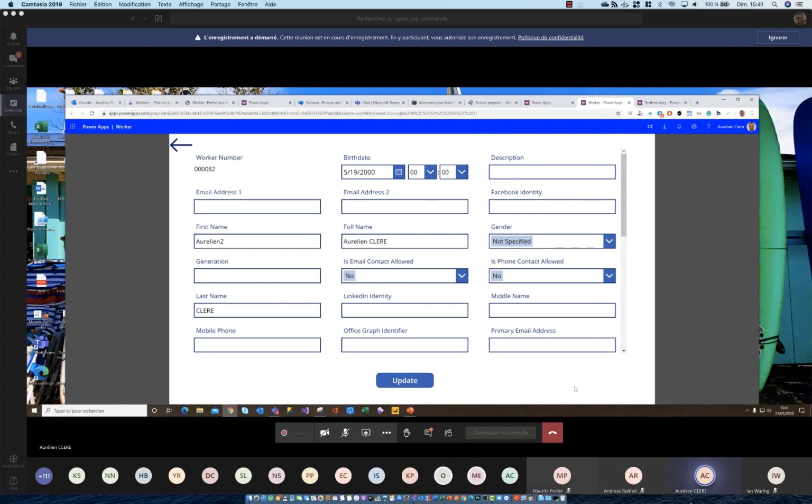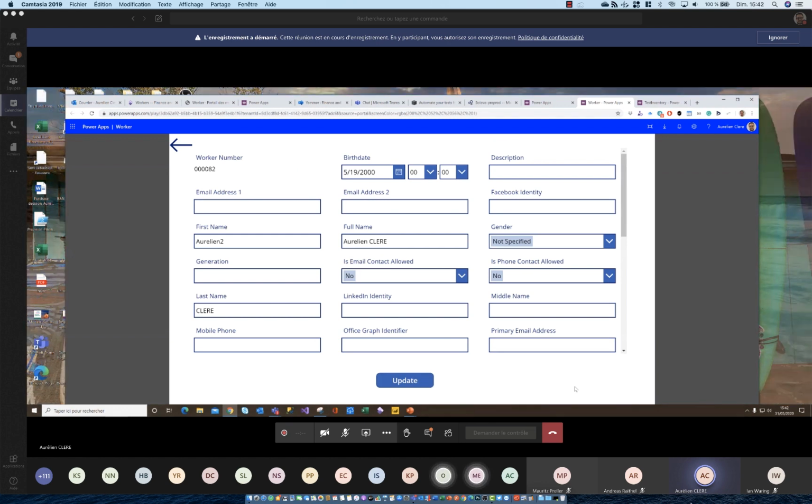Somehow they create an Excel file, or a Jira service desk, or a support desk to ask someone in the IT team to manually create the customer data in production. It can take a lot of time, but with the Power Platform you can build a Power Apps very quickly.